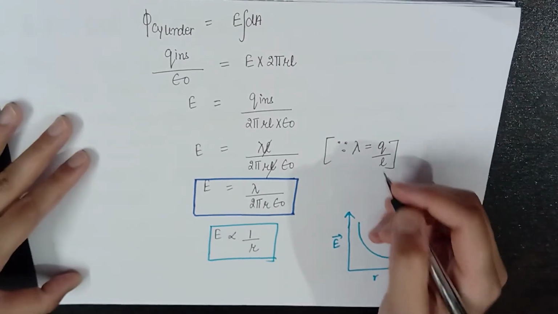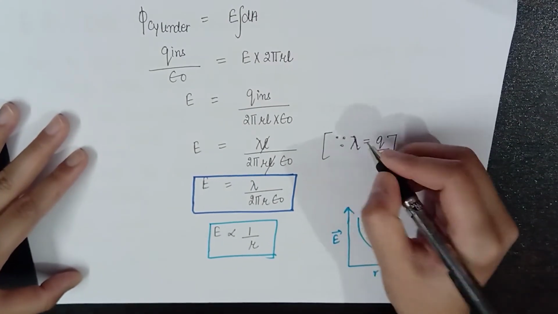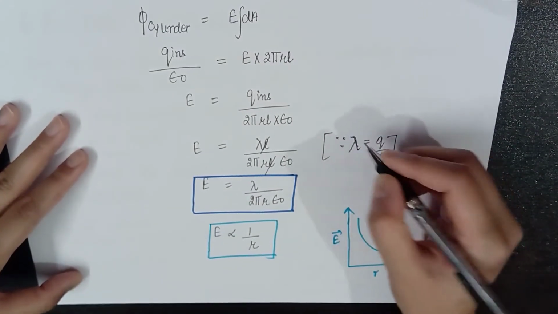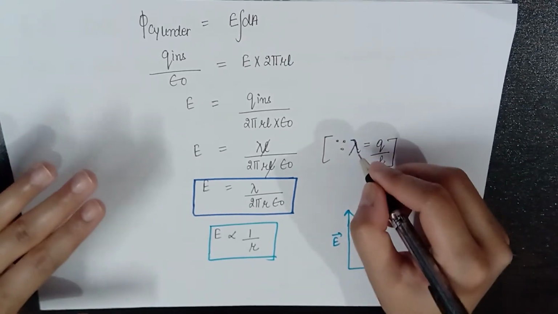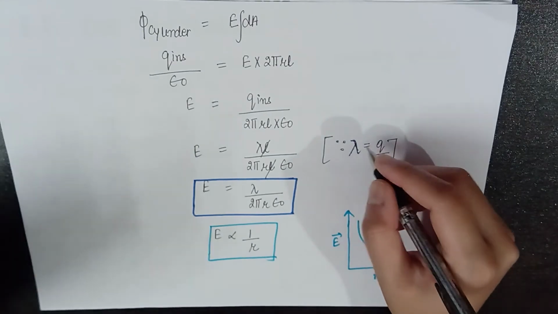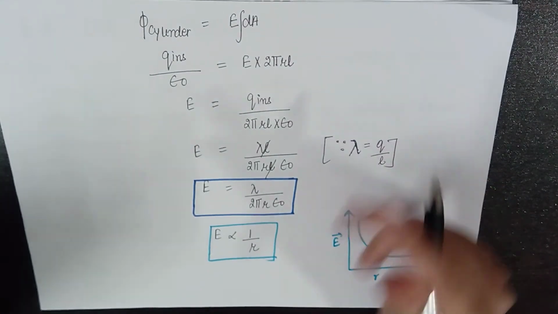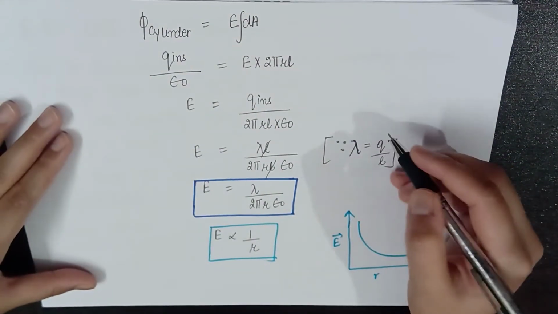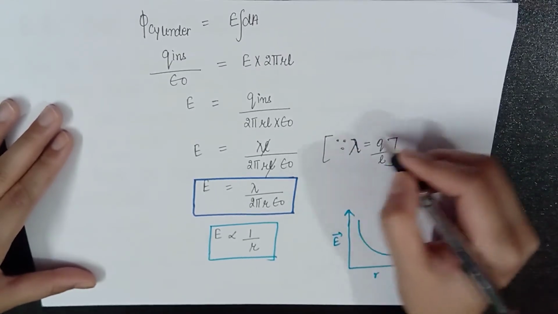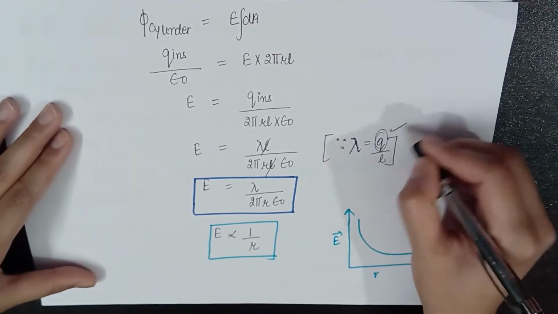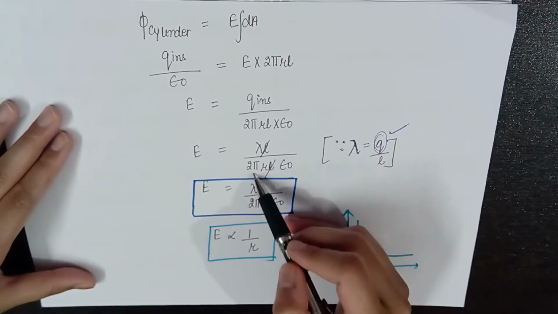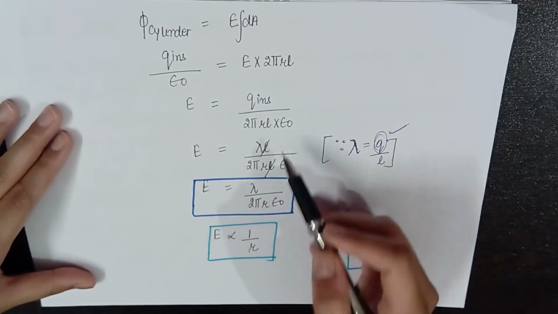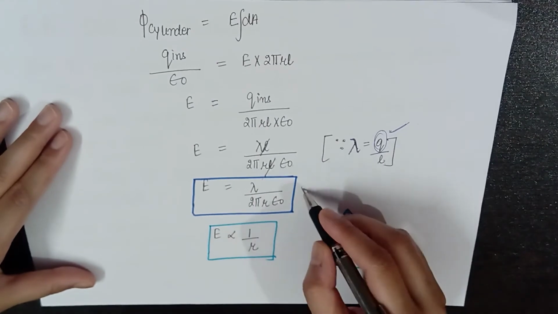Now, what we have studied earlier is the expression for the linear charge density, lambda, which is equal to Q upon length. This linear charge density gives the strength of the charge that is present linearly on that wire. So from this expression we can extract the expression for Q, and it comes out to be lambda L upon 2 pi r L into epsilon naught, cancelling L from L. So finally we have this expression.